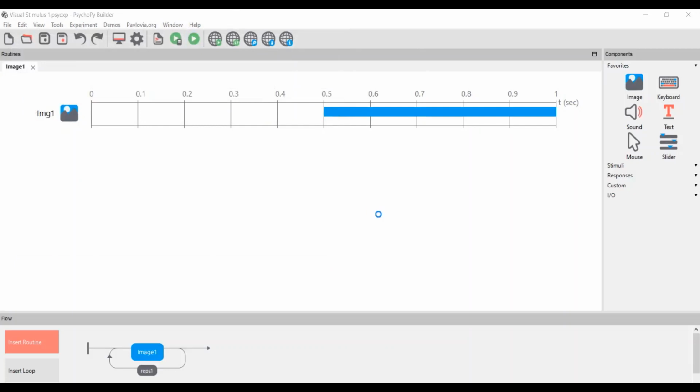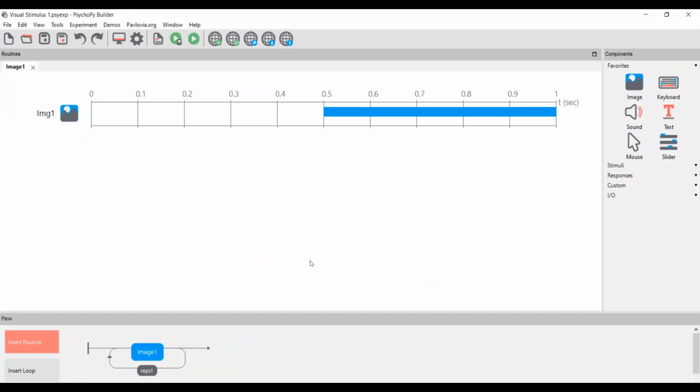Once we save it, as usual it will ask us for the participant's name and session. If you are performing a specific experiment for a certain number of trials, you can fill this in. For now I just pressed OK. As you observed, it was 5 repetitions of a blue ball image.